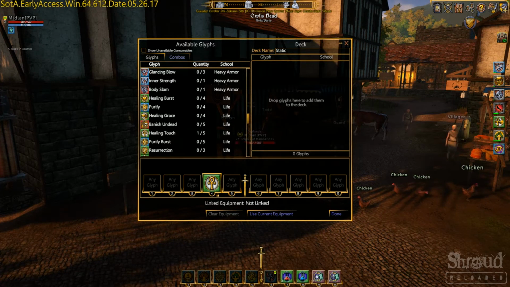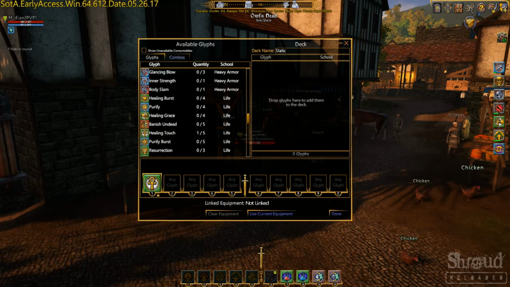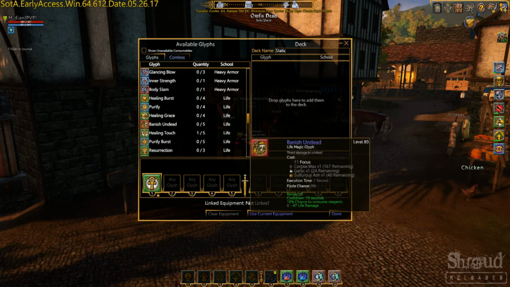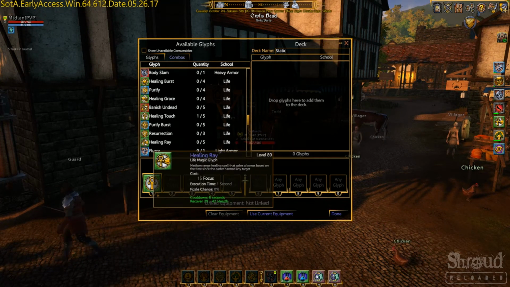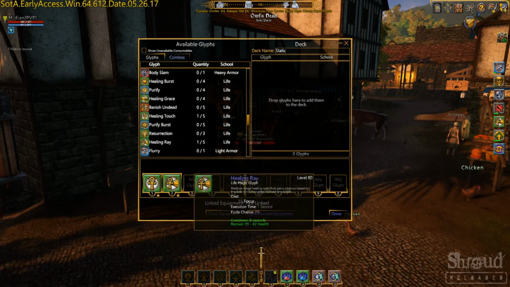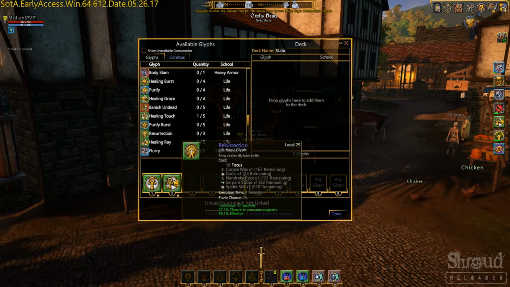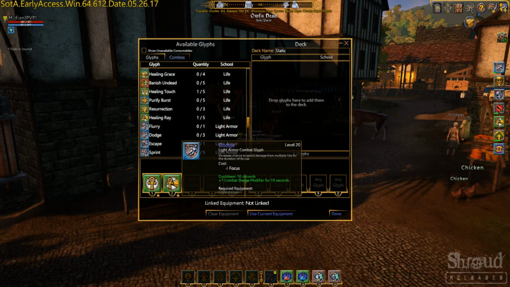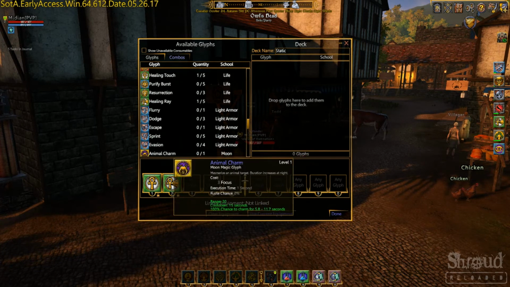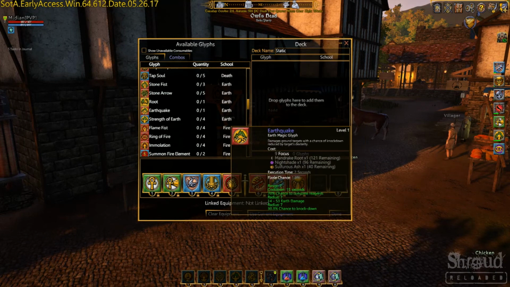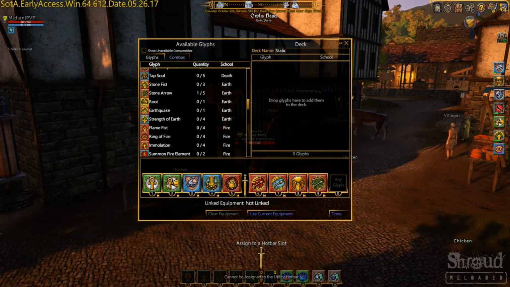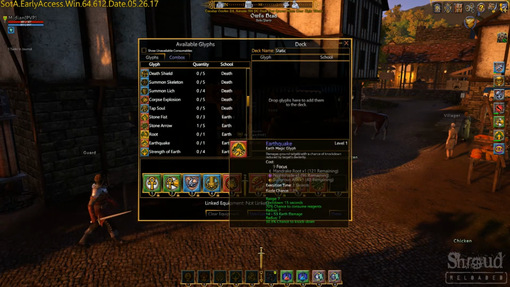Along the bottom of the screen, you'll see the areas where you can drop the glyphs. Now these correspond to the keys which you'll use, which go from 1 to 0. So all we're going to do now is populate those spaces at the bottom with various glyphs such as heal, douse, fire arrow, searing ray. Just fill them up,